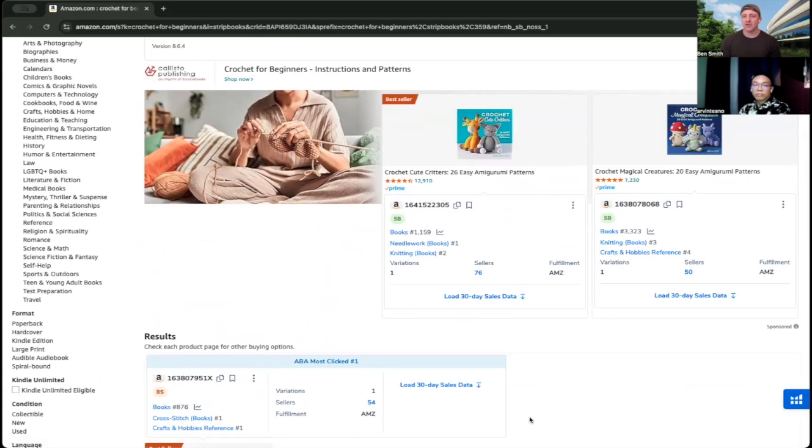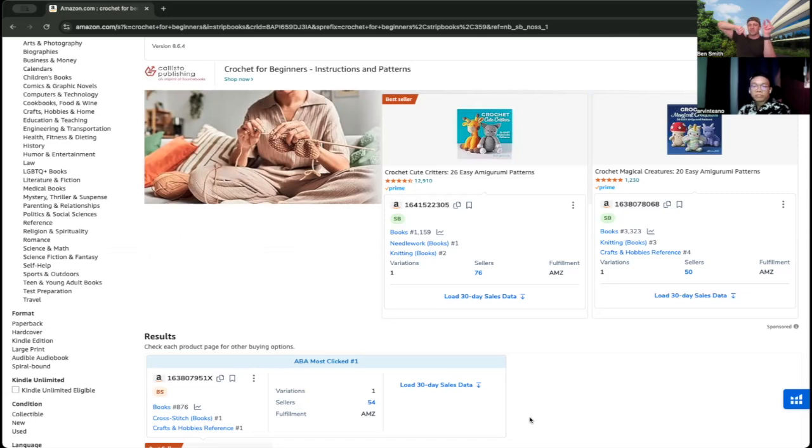Now, what I'll tell you guys for anyone watching this, what I normally do is I have either an Excel sheet open or a Google sheet open. And on that, I'm going to have columns, and the columns are going to be for my criteria. I'm going to have check boxes for these. So column number one is where I'm going to put my ideas. In that column, I might put crochet or crochet for beginners as that row. And then the second column and on are all the criteria with check boxes.